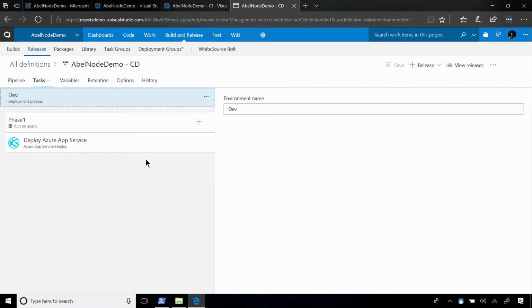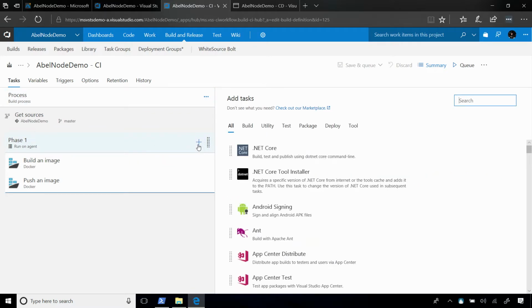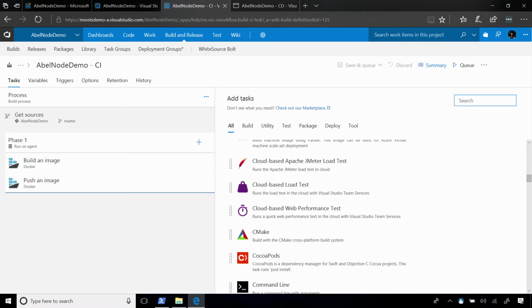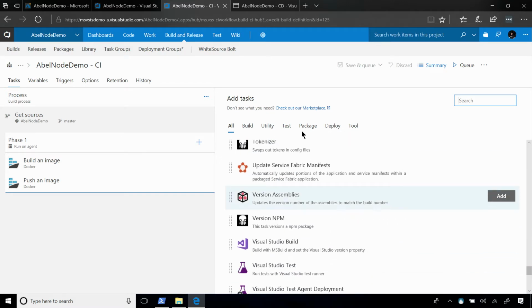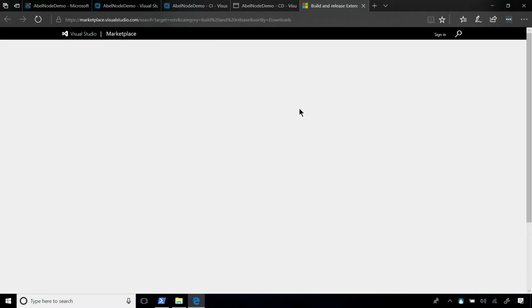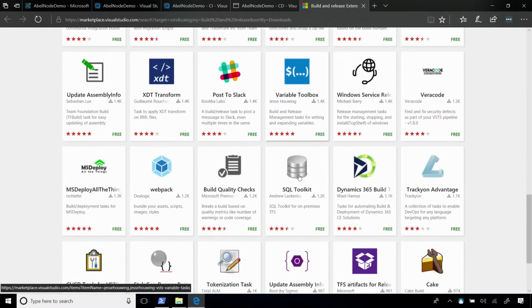However, you still have complete control over everything. So if in your build you wanted to customize this and make it do other things, that's not a problem. Here's the build. The way that you customize builds in VSTS is by adding and removing tasks. And out of the box, VSTS comes with at least 100 tasks that you can just start using. And if what you want to do doesn't exist out of the box, well, go ahead and jump into the marketplace. Because in the marketplace, our partners have created over 500 build and release tasks that you can just download